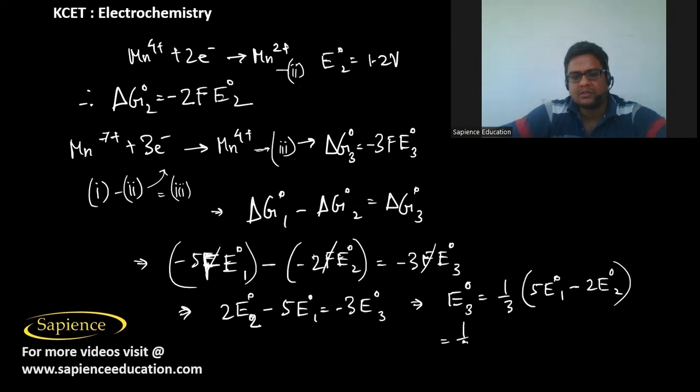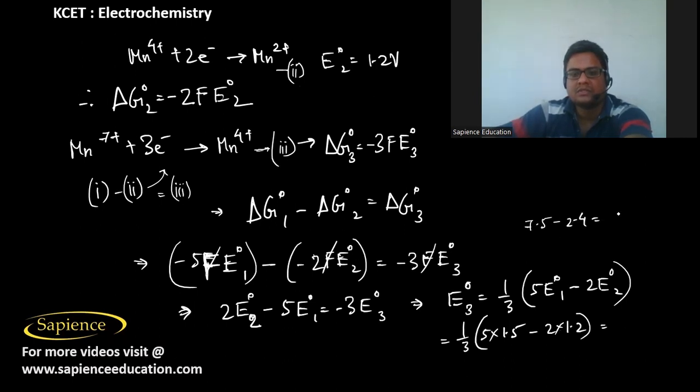So that will be equal to 1 by 3 into 5 E1. 5 E1 is 5 into 1.5 volt minus 2 into 1.2 volt. So this will be 5 times 1.5 is 7.5, minus 2.4, so that is 5.1. So 1 by 3 of 5.1 is equal to